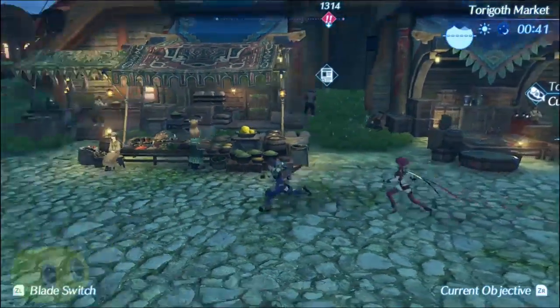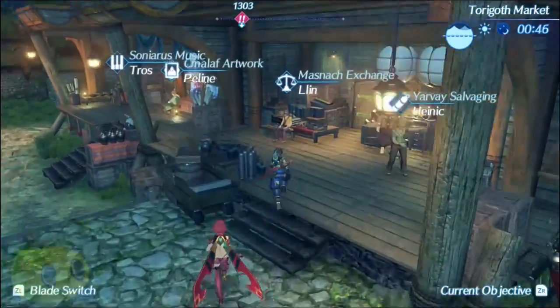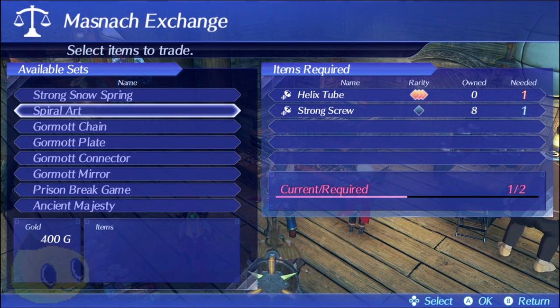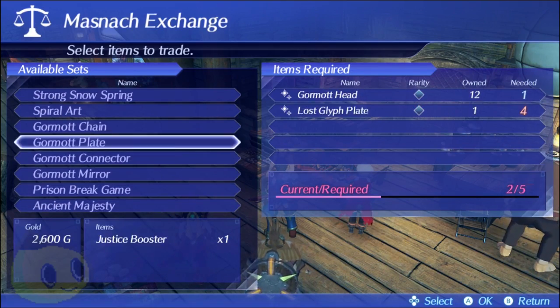I have to go to the Nopon camp. That's another part of the quest that I'll do in a little bit, I guess. But no, first I wanted to show off, right over here, if you go salvaging, you can use your parts